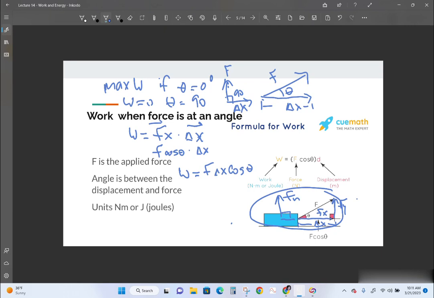The normal force does no work moving this box, and that makes sense. It's not contributing to it. But you are applying Fx to it, and that's what's doing the work. And once again, the units are still newtons times meters. So sometimes you'll see the formula written with cosine theta, and that's to take into account that sometimes the force is at an angle to the displacement.